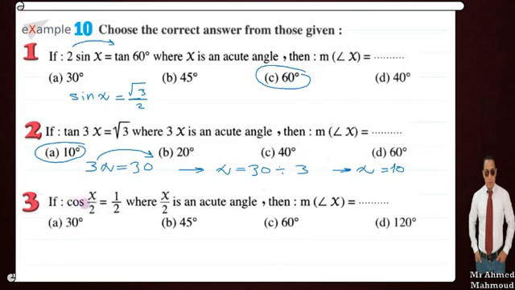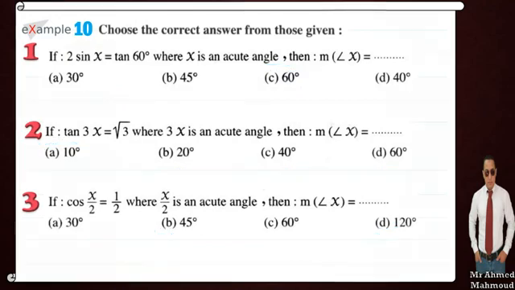So I will search for the angle whose cosine is half. Which angle has its cosine equal to half? This angle is 60. Then x over 2 equals 60 degrees. Now I need x, so I will send 2 as times. Therefore, x equals 60 times 2 equals 120. This is the measure of angle x. Number 4, tan 75